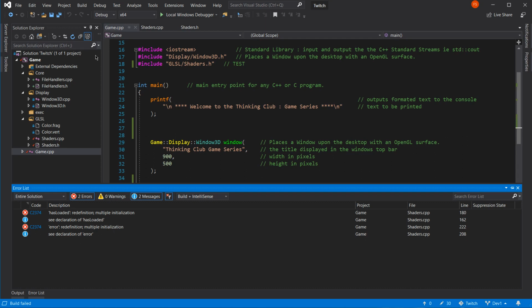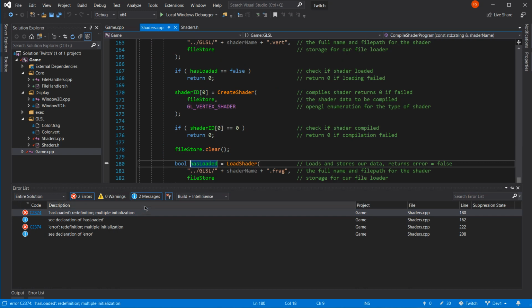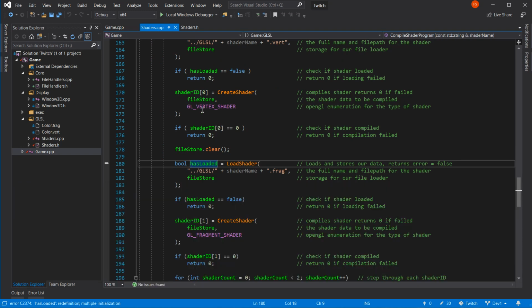Has loaded. Redefinition, multiple in there. Yeah, okay, that's fine. It's a multiple definition, so it's a copy and paste error, which is unfortunate. I don't like copy and paste, and that is what happens.